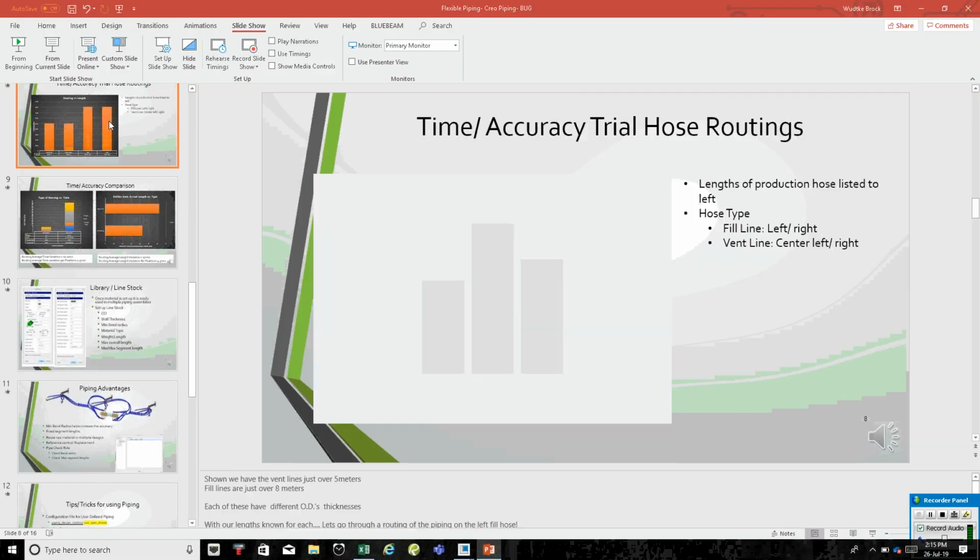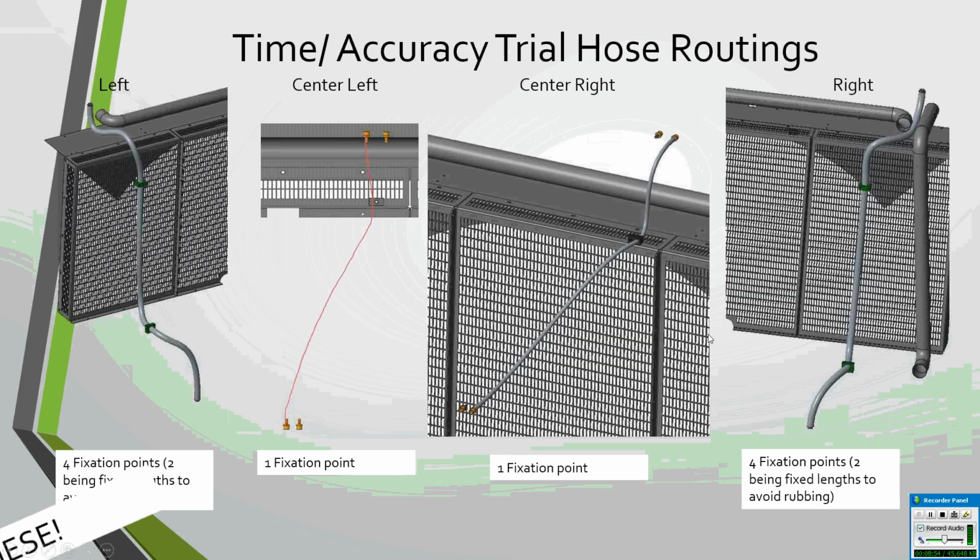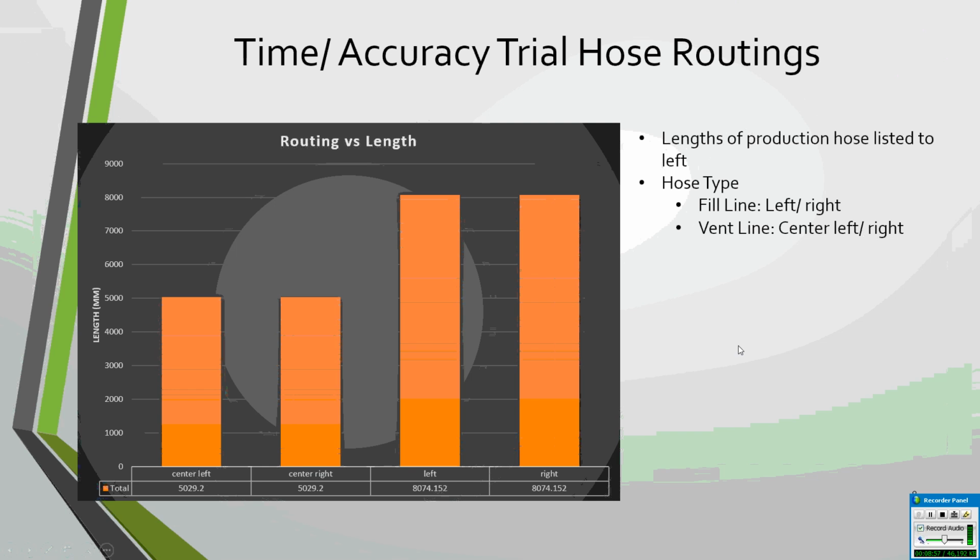And so now what we're looking at is basically the length of the hose. So this is the production intent hose. When all is said and done, there are 2 part numbers, and we're routing them 4 different ways. 2 of the part numbers are at 5,000, and the other part numbers are at 8,000. So with that being said,